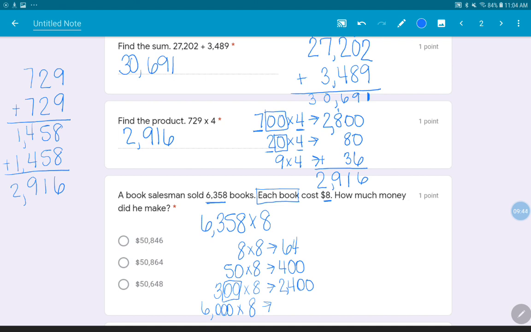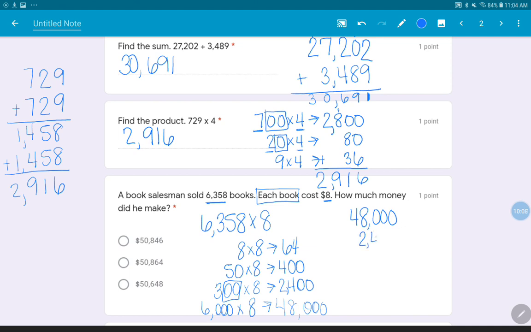We said that 8 times 5 was 40. So 8 times 6 is going to be 48. And then we'll need to add 3 zeros at the end. Okay. And then what do I do with all those parts that I found? Add them all together. So I've got 48,000